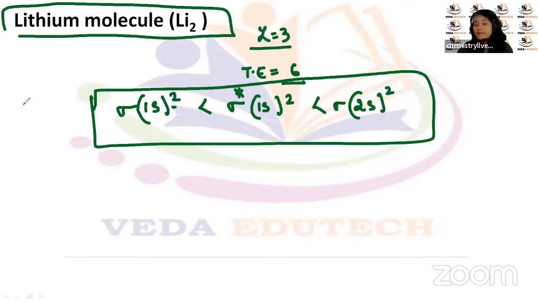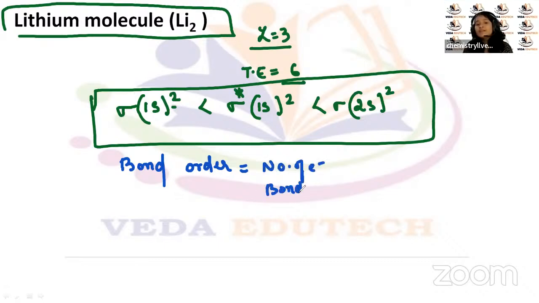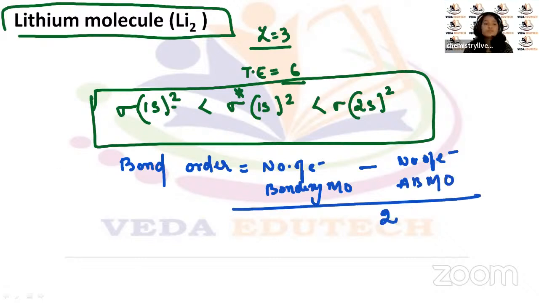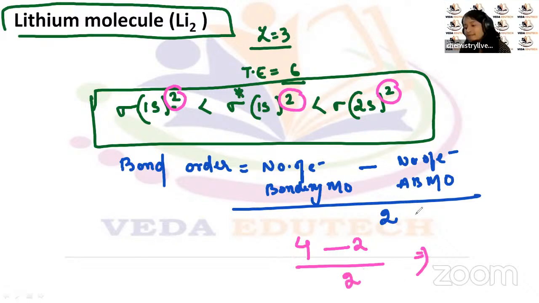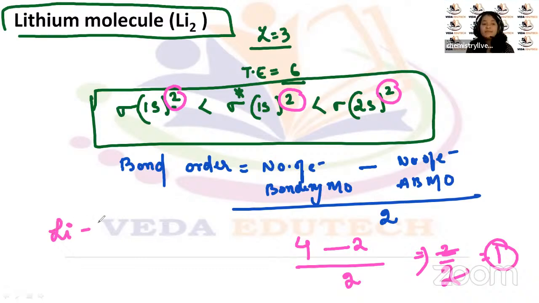पर यहाँ पे अगर हमको कैलकुलेट करने के लिए बोले बॉन्ड ऑर्डर, तो बॉन्ड ऑर्डर का फॉर्मूला क्या है बच्चा लोग? नंबर ऑफ इलेक्ट्रॉन्स बॉन्डिंग एमओ में, माइनस नंबर ऑफ इलेक्ट्रॉन्स एंटी बॉन्डिंग एमओ में, ठीक है, डिवाइडेड बाय 2। तुम लोग यहाँ पे कैलकुलेट कर सकते हो। देखो यहाँ पे बॉन्डिंग कितना है? 2 है यहाँ पे, और यहाँ पे 2 है, ठीक है। तो यहाँ पे 4 इलेक्ट्रॉन्स हो गए, माइनस एंटी बॉन्डिंग सिग्मा स्टार, यहाँ पे 2 इलेक्ट्रॉन हैं, तो -2 डिवाइडेड बाय 2। सो 4 - 2 चिल्ड्रन इज 2, डिवाइडेड बाय 2 इज 1, सो दिस इज 1, राइट। सो वी हैव Li बॉन्ड Li।